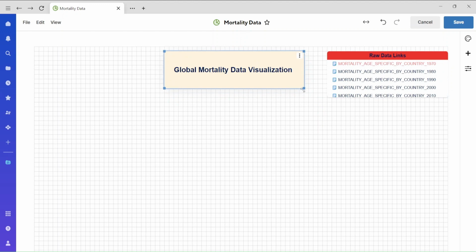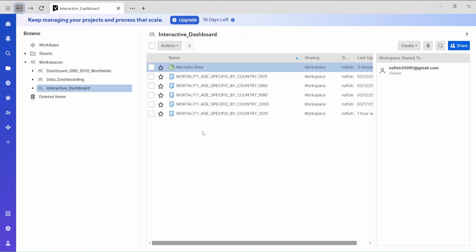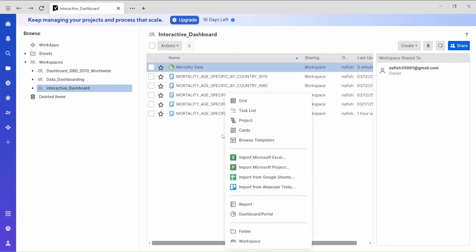So there are a lot of ways you can do it. It's a very friendly tool, so you can definitely do changes accordingly. Okay, so I have title, I have links now, and it's saved, right? Now I go back and before doing any data processing or anything there, I need to create another grid